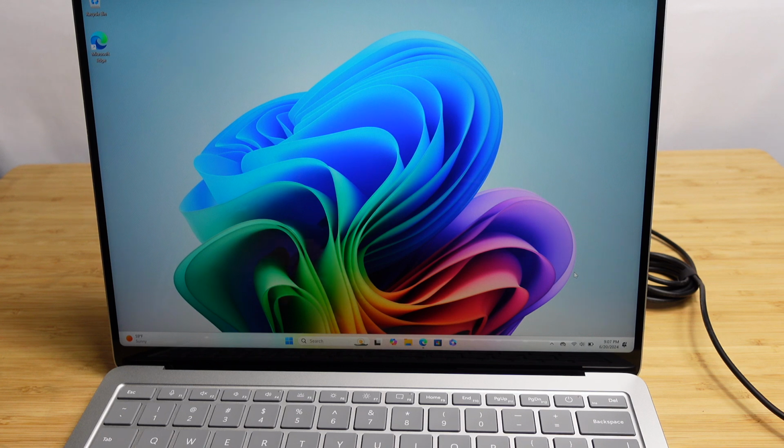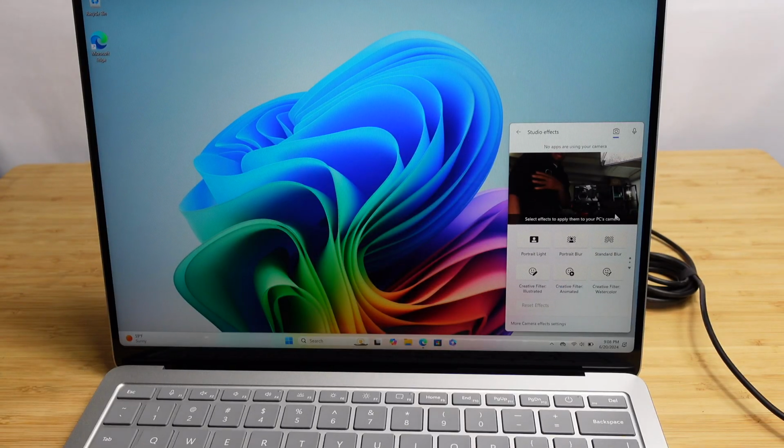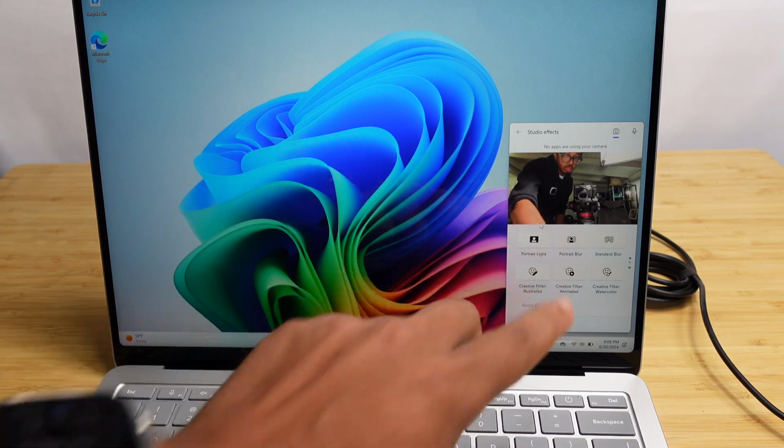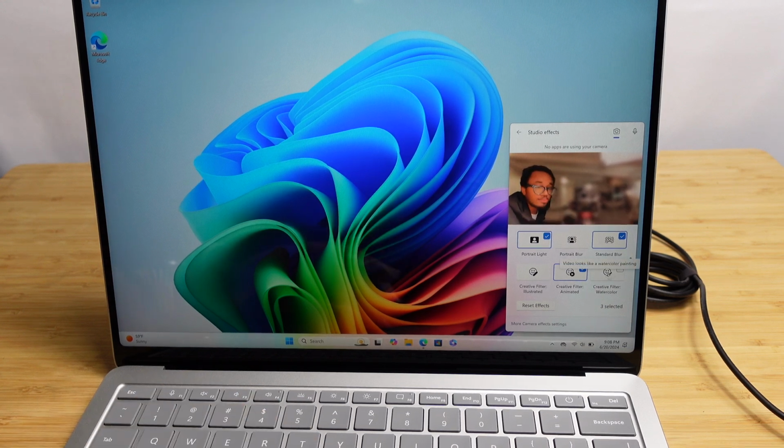And one of the cool features they've added is the studio effects down here in your webcam. If you click on this, there's a brand new interface for studio effects in the webcam. So you can see the camera in itself set up. You've got things like portrait light, portrait blur. We can go ahead and blur the background. You've got standard blur. You've got portrait light, turn that on. You can create a filter that's illustrated. You can create an animated filter. You can add that on. Only one of these filters for creative can be on at the same time. And we can also add a